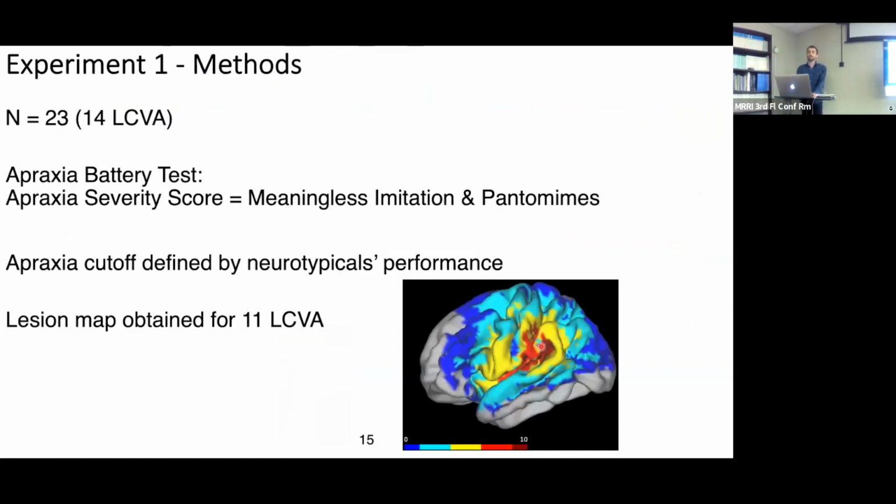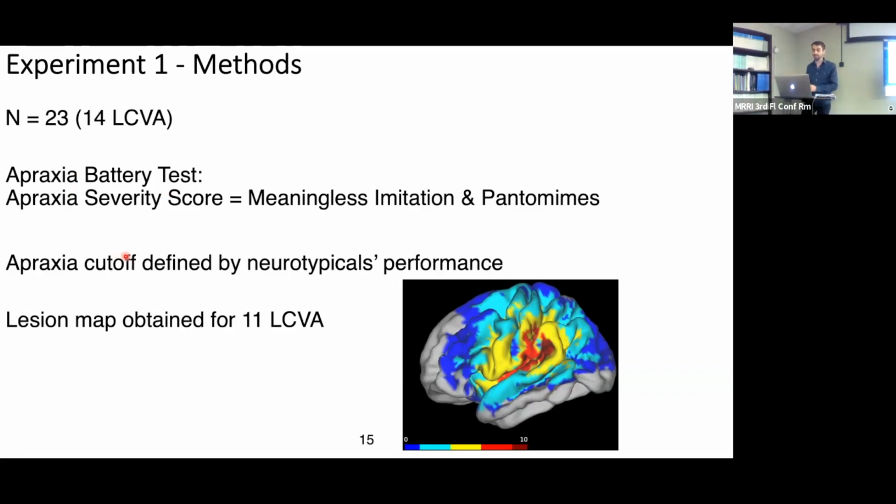Okay, so we were interested to test those two parameters, and we performed first experiments. So far, we included 23 participants, among them 14 FCVA patients, and we tested their apraxia severity with a battery of tests for apraxia, and controls were also doing this battery of tests, and that allowed us to estimate a cutoff to define the patient